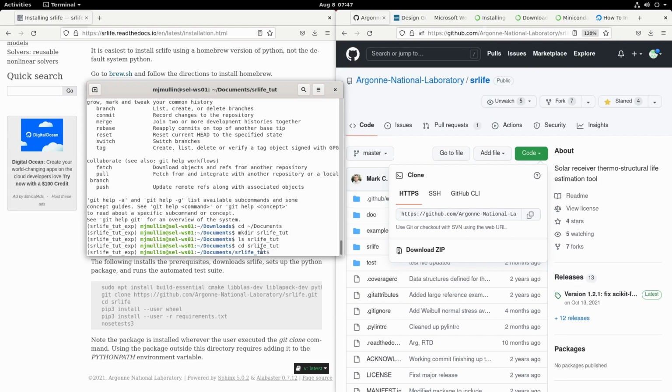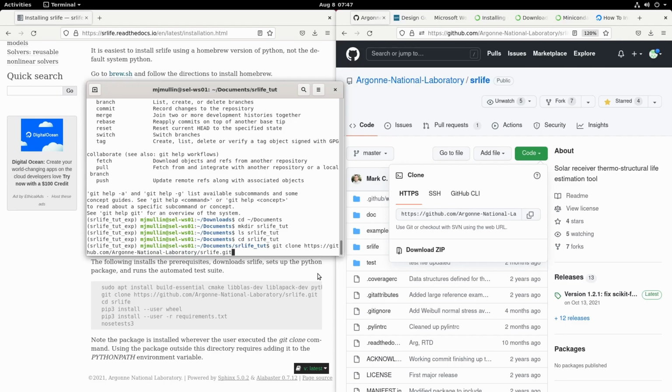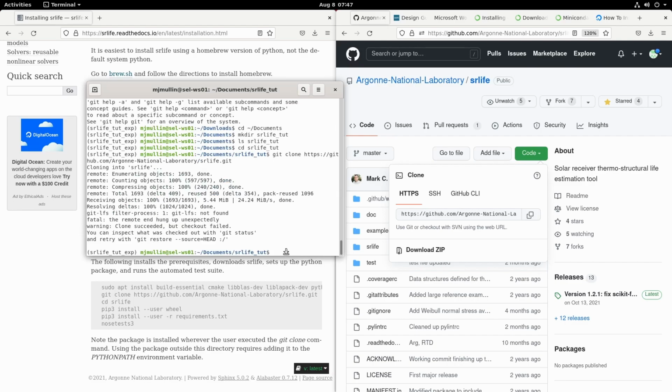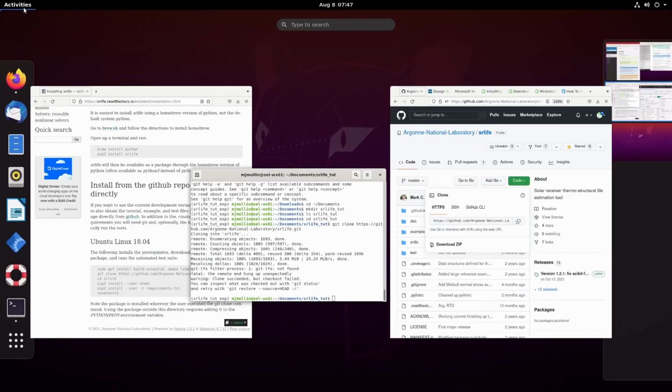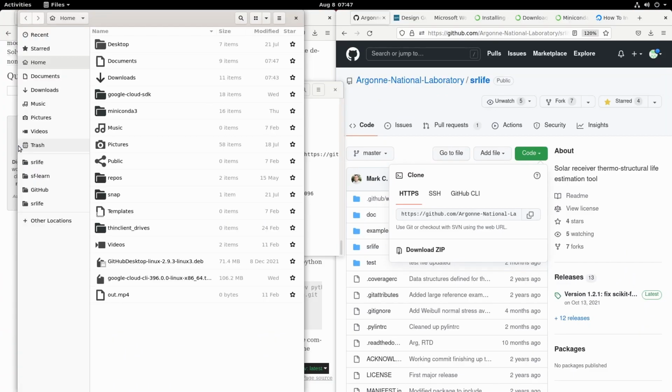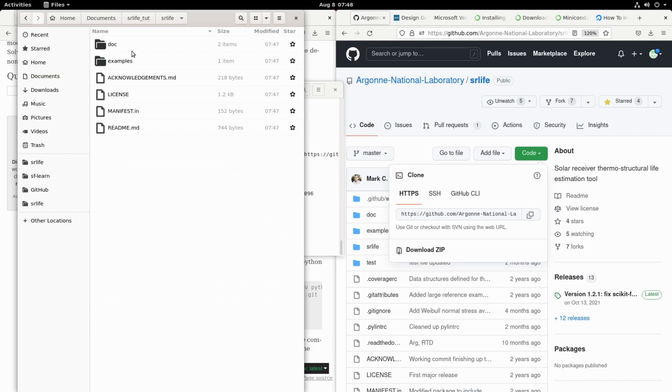So now what we're going to do is clone the repository, so git clone, and then paste that in. And now if we go into our file explorer, what I did here is actually correct, but as you can see in the video, I'm not getting all the files, and the reason is because I had already previously cloned the repository. So the steps are correct, but